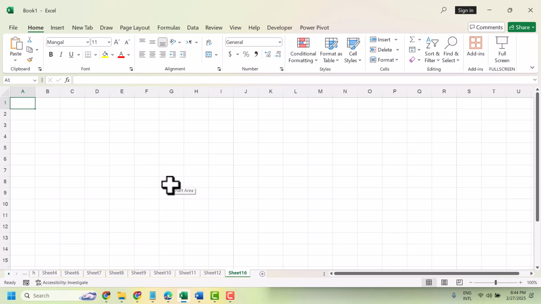Hello friends, today in this video I will show you how to set the paper size Envelope B5. You can very easily set this paper size in Excel. So firstly, you need to